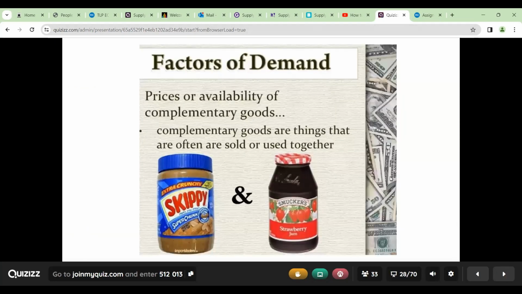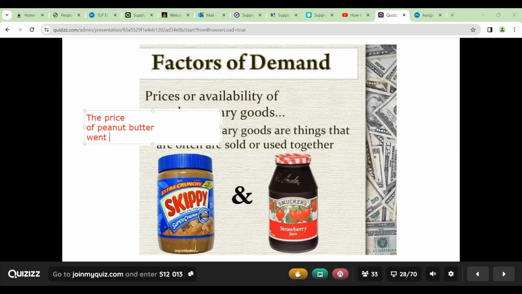So, prices or availability of complementary goods. Complementary goods are things that are often sold or used together. Usually you buy peanut butter and jelly together. So if the price of one of them went up, then you'd buy less of both of them because it would be more expensive. In this case, let's say the price of peanut butter went from